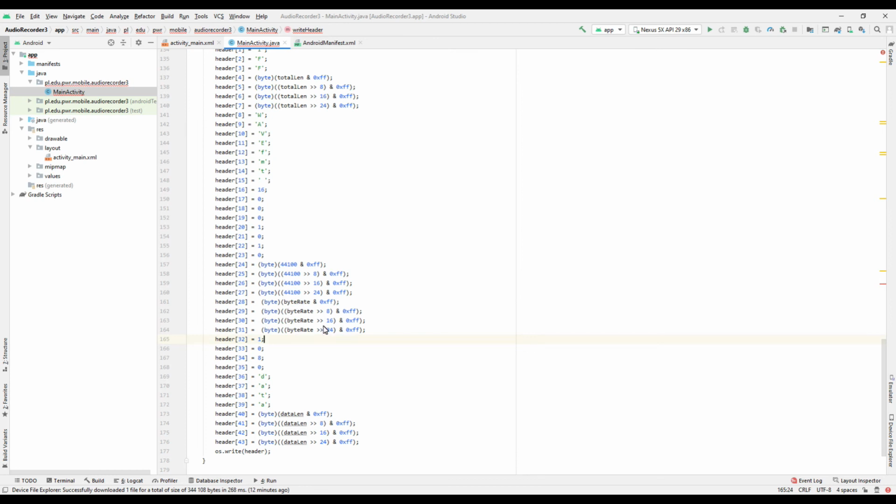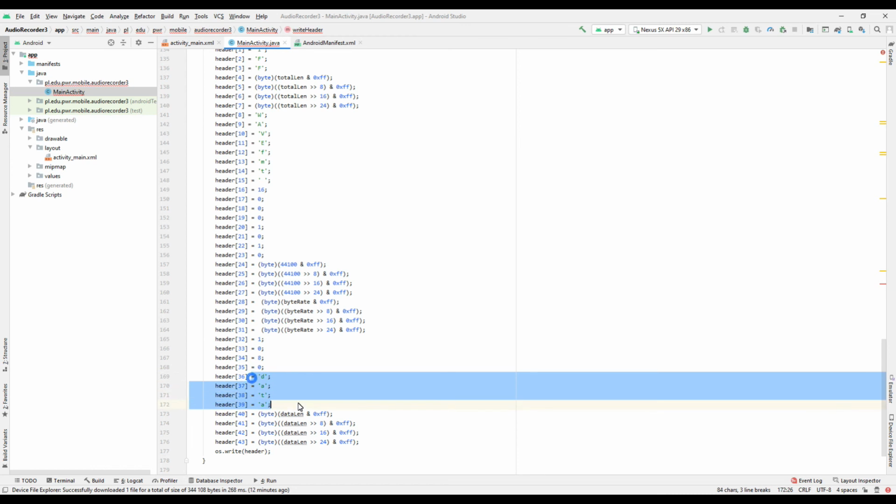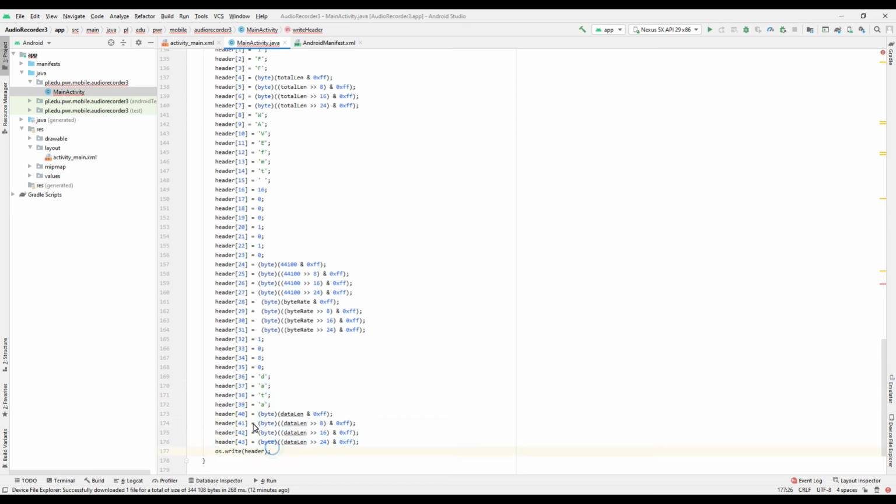And then we have bits per sample times channels, divided by 8, so bytes per sample. And then we have bits per sample, and then we have data and data length,